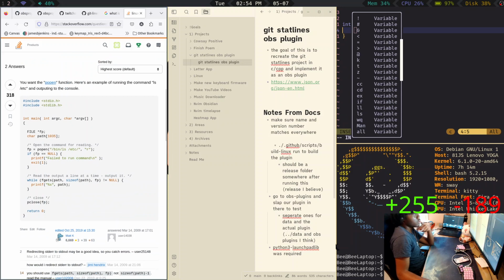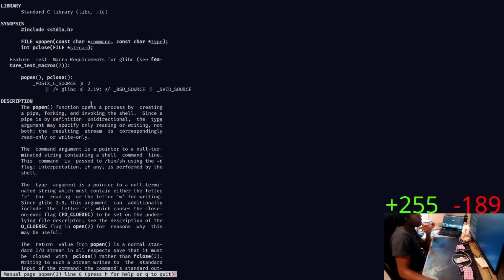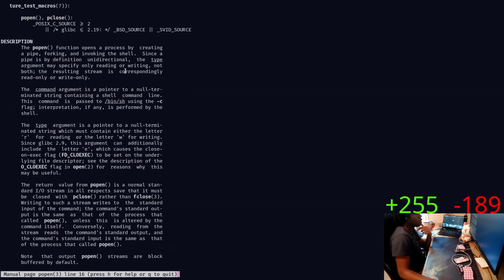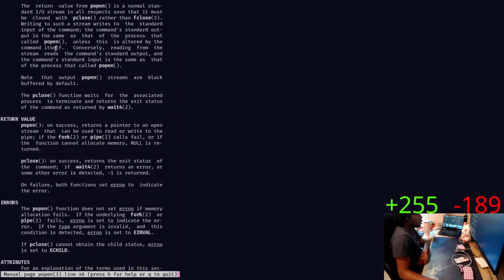popen. The function opens a process by creating a pipe, forking, and invoking the shell. On success, returns a pointer to an open stream that can be used to read or write to the pipe.